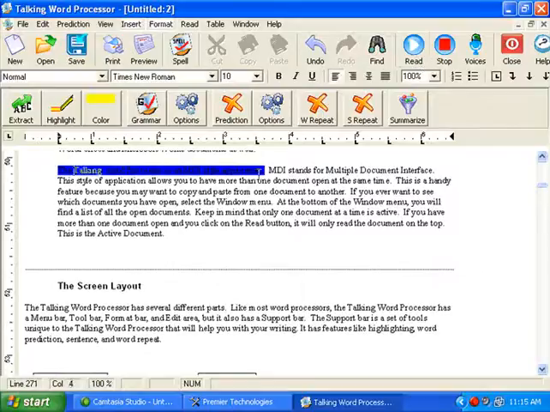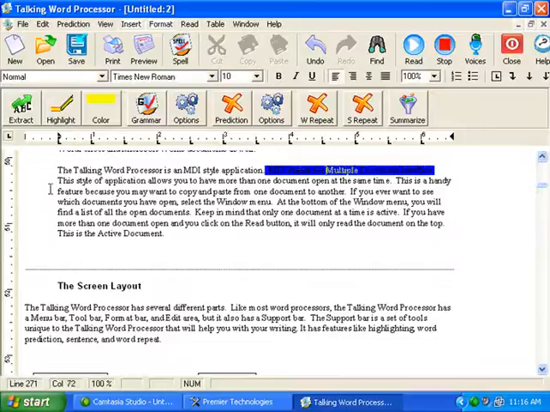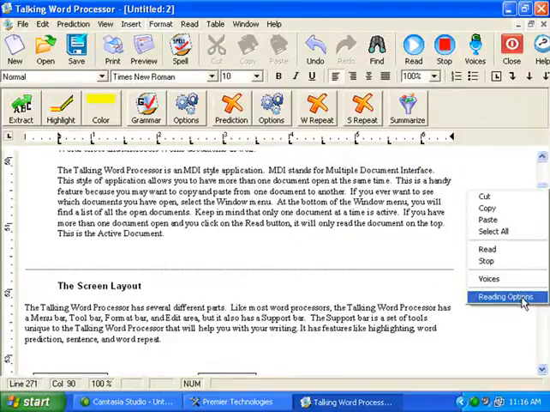click on read. The Talking Word Processor is an MDI-style application. And MDI stands for multiple document interface. You can see that it highlighted